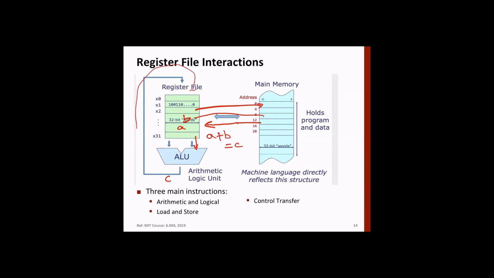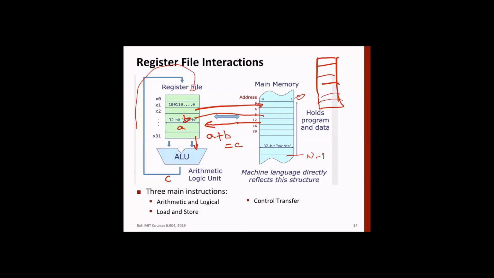Now, the processor will view memory as nothing but an address space from 0 to whatever. Whether it's in cache or memory is decided elsewhere. It's not the botheration of the CPU. It's the botheration of the memory management unit, which is part of the OS. The CPU simply views memory as an array of bytes or an array of words, depending on whether we have byte addressable memory or word addressable memory.